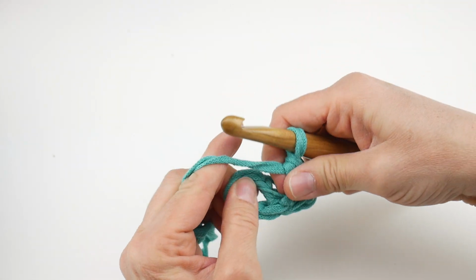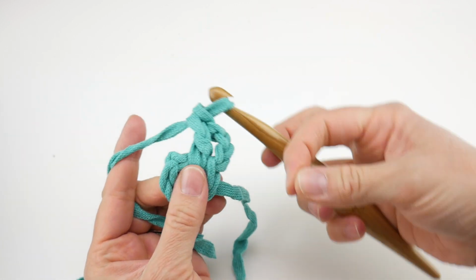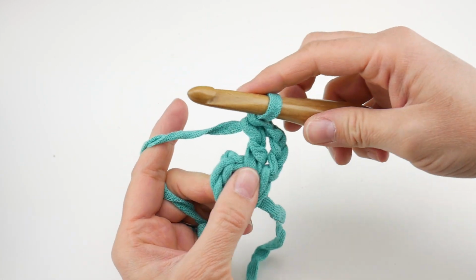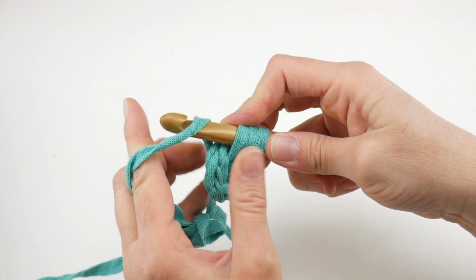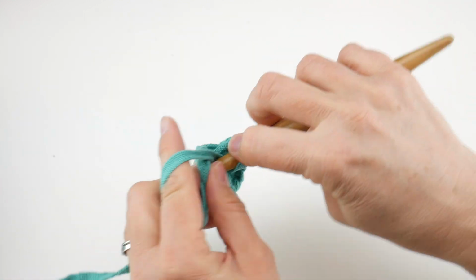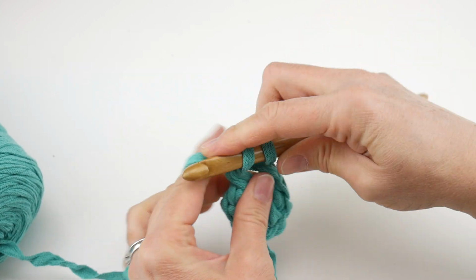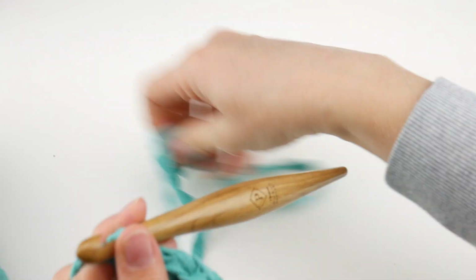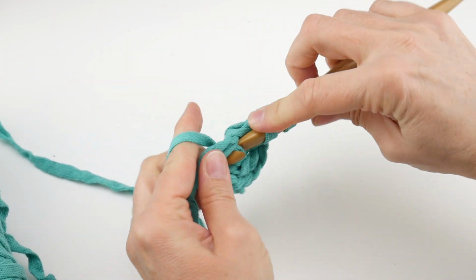So that was 1. And then see how I kind of push things over? We're going to work a lot of stitches in here, so if you need to slide things around, that's totally fine. So 1, 2, 3, and I'm going to pull some more yarn out of here, sliding things over, 4,